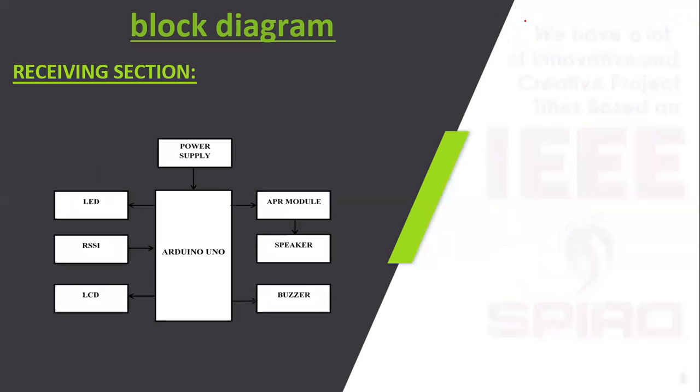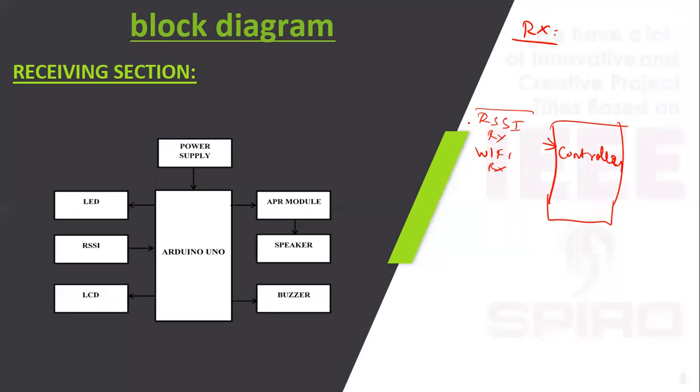In the receiver part, we have one controller, which will be in the restricted area. RSSI RX, that is the Wi-Fi receiver, will receive signals. If the received signal is high, there is a person nearby the restricted area. If the received signal is low, there is no presence nearby. Once the signal gets higher, the alarm light turns on. Here we use LED and